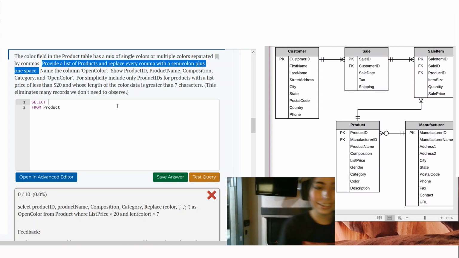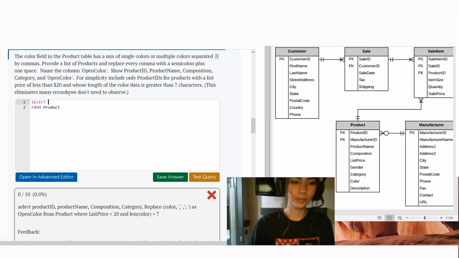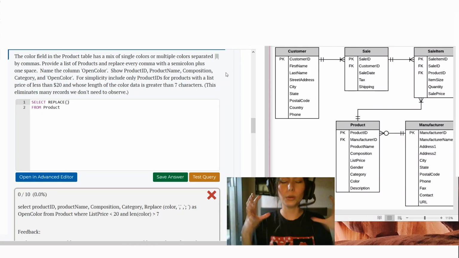So in our select, what we need to do is type our keyword, replace, open close parenthesis, to encapsulate what we're replacing. So with our keyword, we need to tell the keyword in what attribute we are going to be replacing stuff. So our attribute is color,